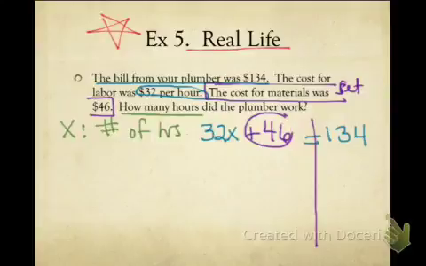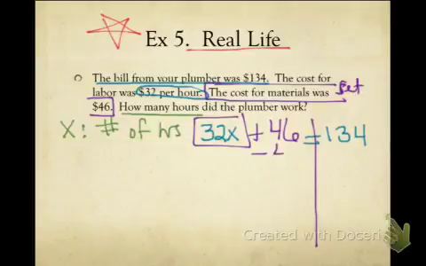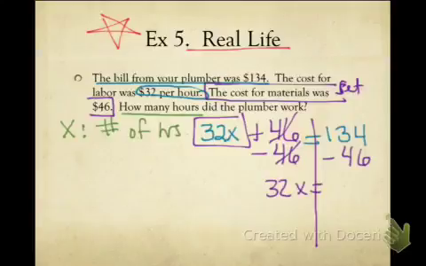So I'm just going to rewrite this 46 that I circled, and I'm going to box my variable term, and I'm going to subtract over my $46. Now, if you're a person who mentally does this in your head, you might have already subtracted what was set from the total bill because you knew that that's not going to change. And that left us with $88,